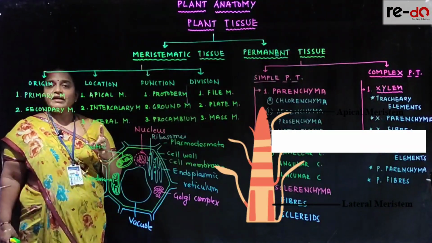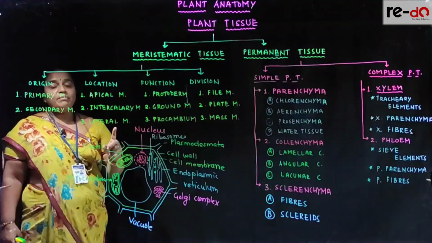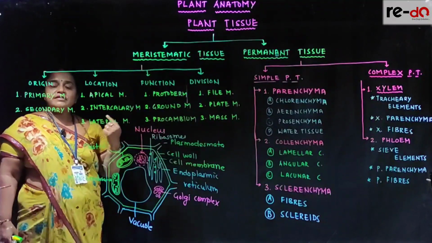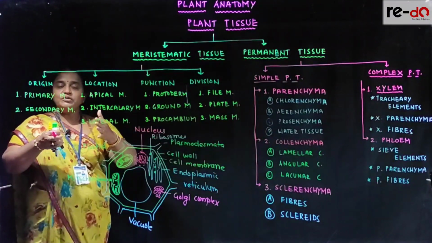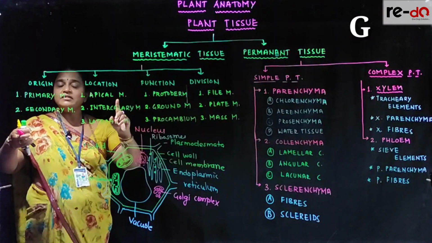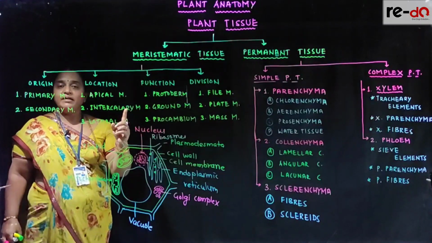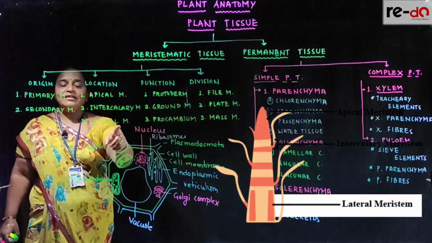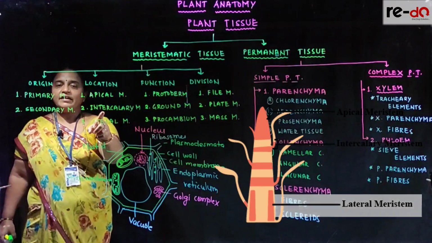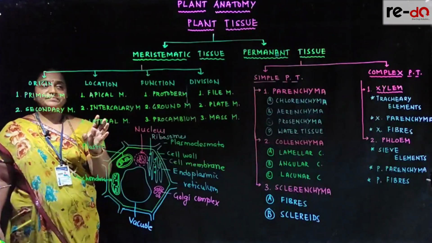So apical and intercalary meristem is common in all the plants, but dicot plants, as they are perennial, they increase in girth. Girth is a diameter. Okay, shoot and root increase their diameter. Instead of diameter, remember the word girth, G-I-R-T-H. So increase in girth of the plant is because of lateral meristem. So here primary meristem is apical and intercalary, while secondary meristem is always lateral in position.